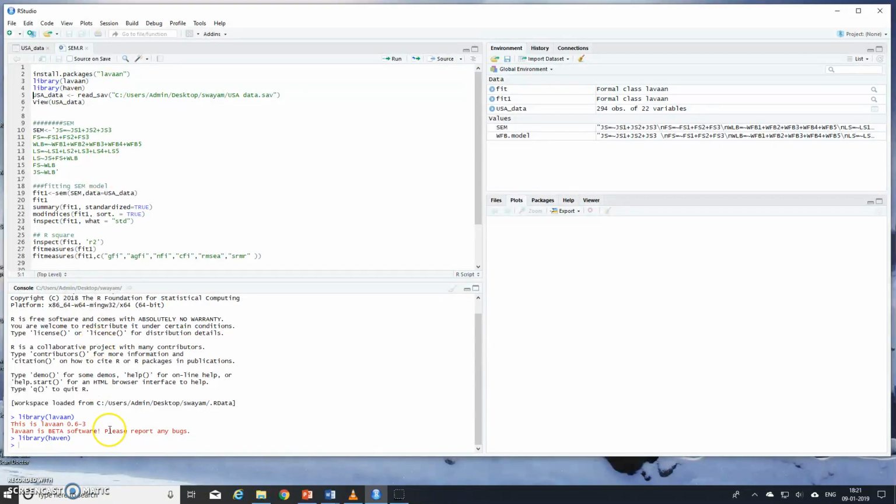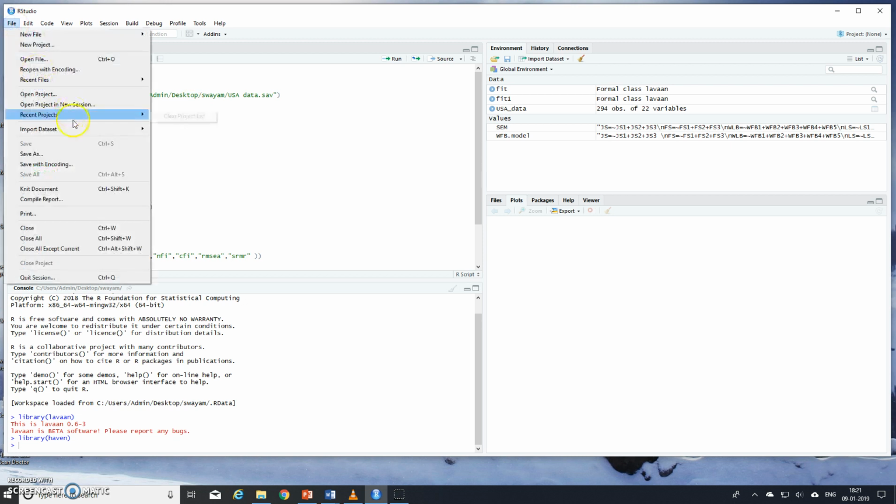Then after activating these two packages, just copy paste your file path. Here I just saved my data file in SPSS format. So this SAV is referring to SPSS format. If it is in the form of XLS, then you can also provide the XLS format. So this is the command, the read SAV command, used to import the data set.